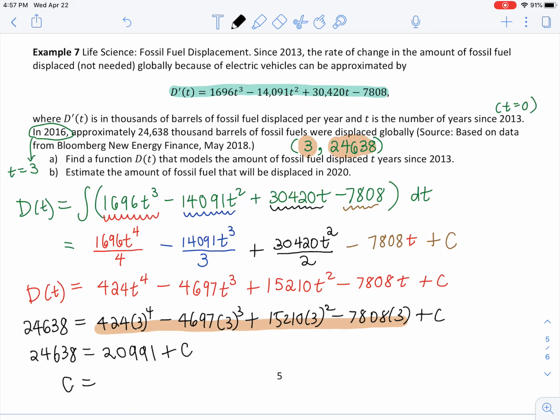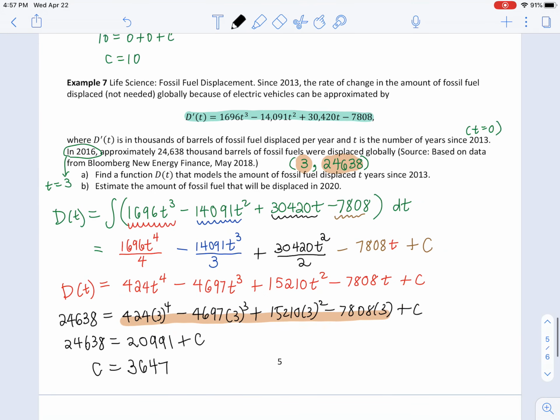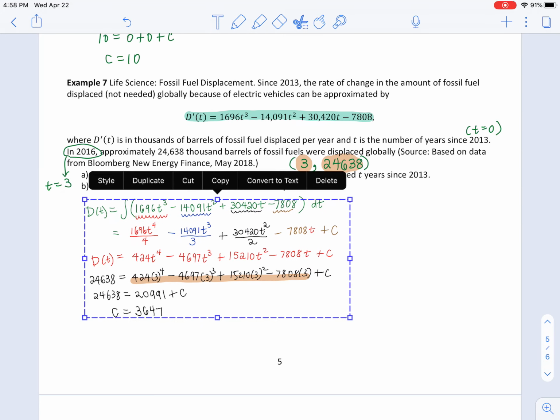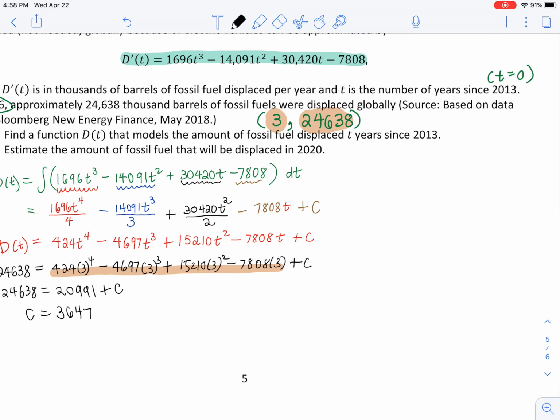When I did that, I got 20,991 plus c. So if I subtract both sides by that 20,000 number, 24,638 minus 20,991 gives you c comes out to be